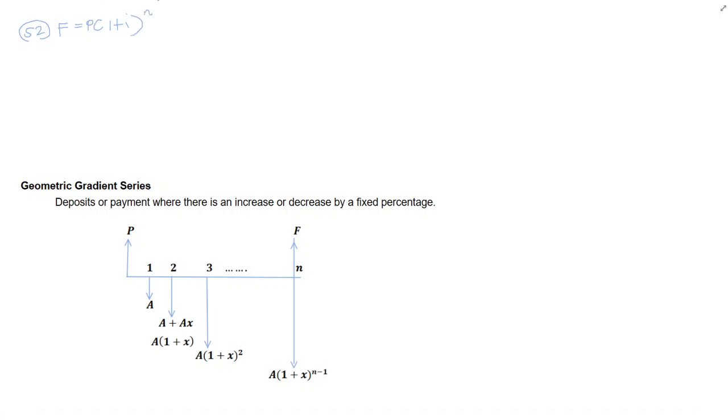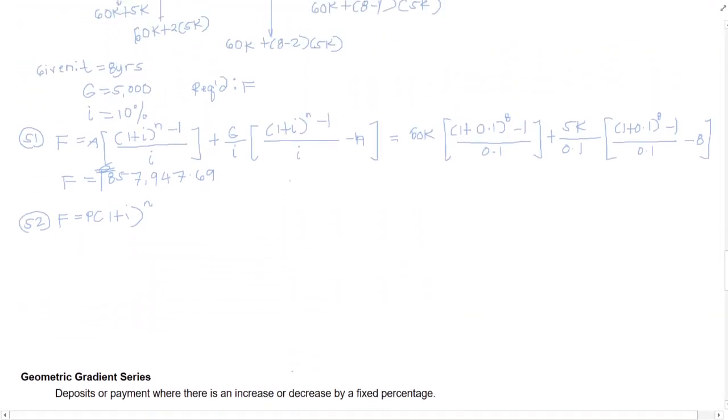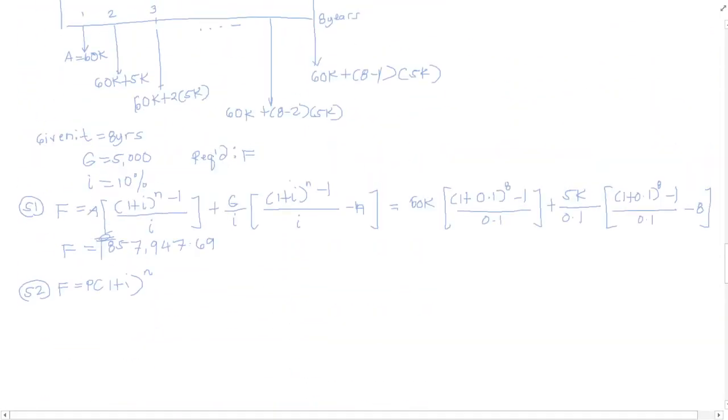If we write that on the timeline, it is also equal to 60,000 plus, if we write from future to the present worth, 60,000 plus